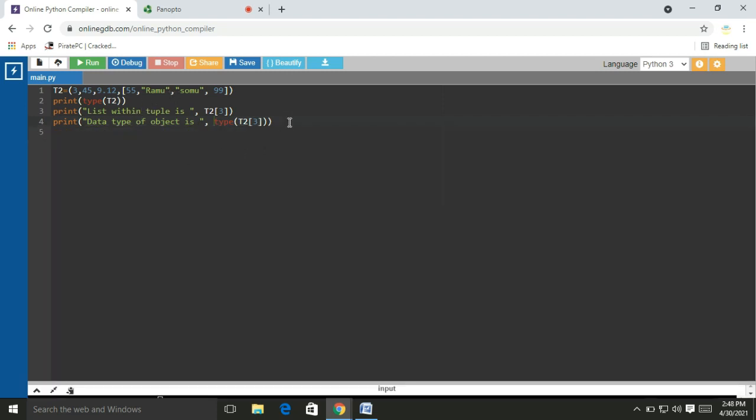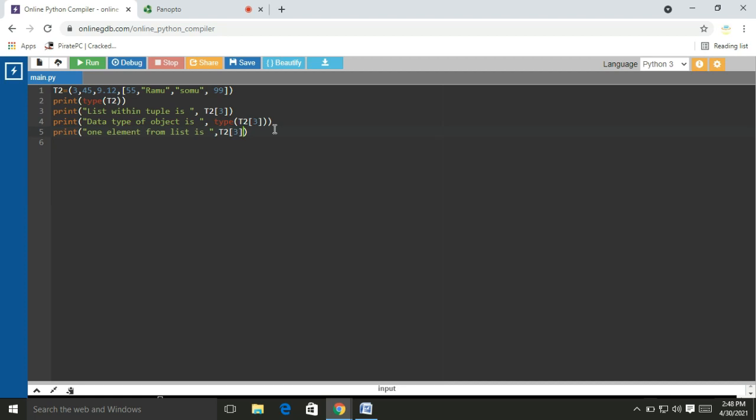Now I am going to access one of the elements from the list. Print, one element from list is, the list is the third object, T2 of 3. So I will get Ramu.